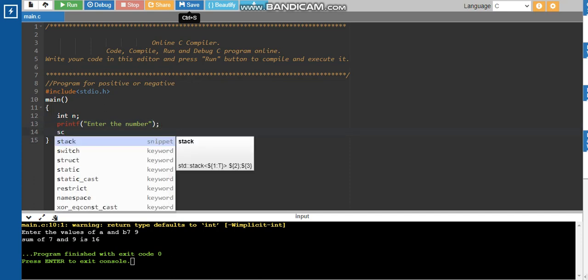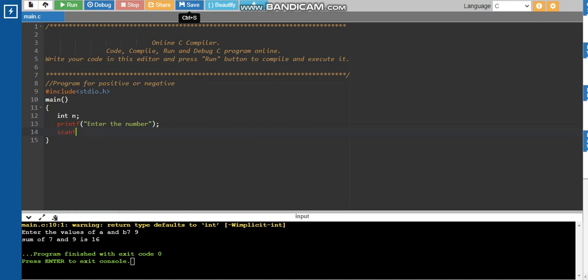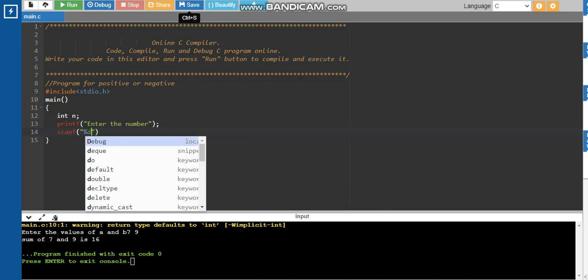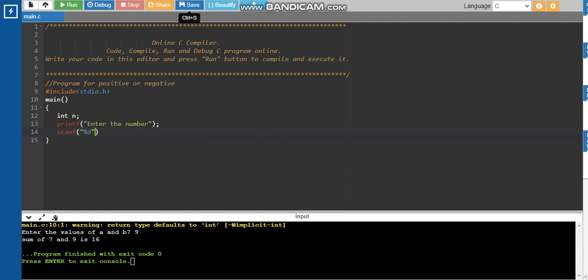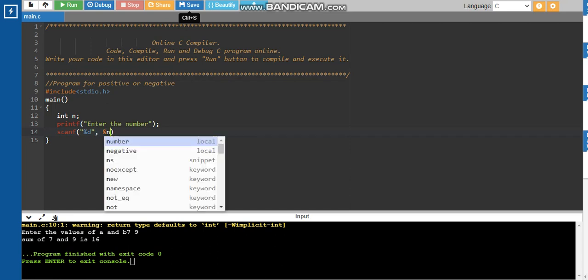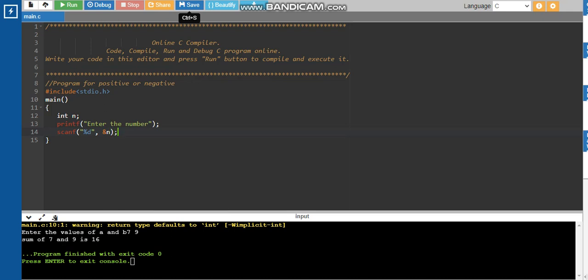We have to read that particular number, so for that purpose we use the function scanf, and we want to read it as an integer value, so it will be %d, comma, ampersand n. So n is a number, and then a semicolon.